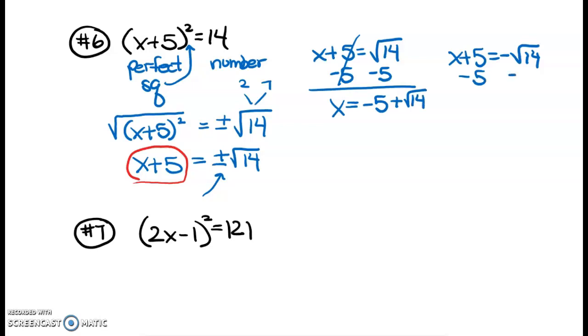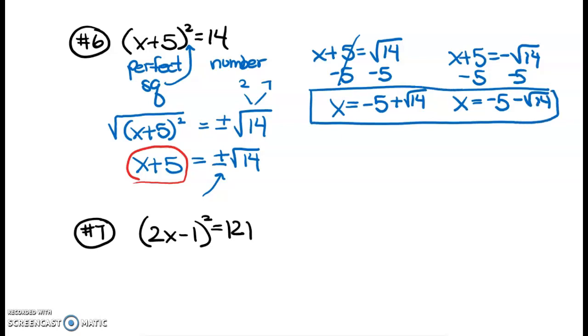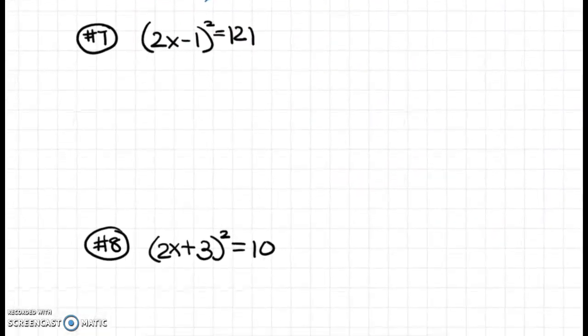And I'm going to subtract 5 from both sides again to get x equals -5 and a negative radical 14. So I get my 2 answers right here and box them in. All right,